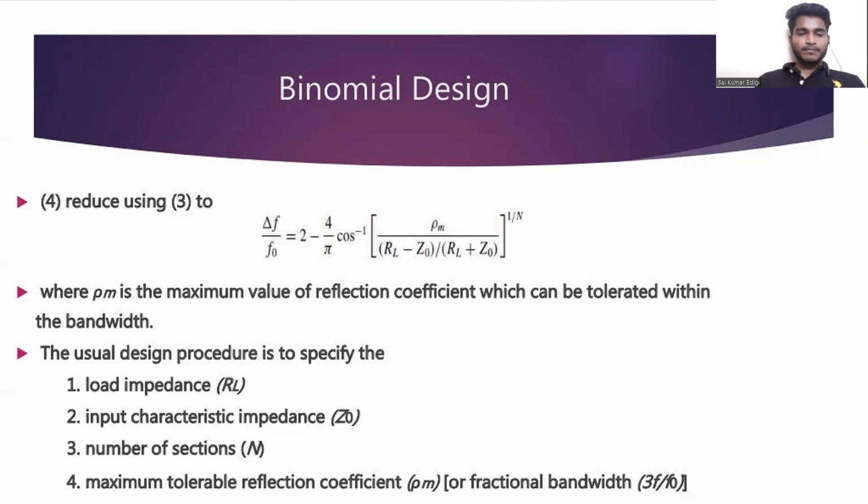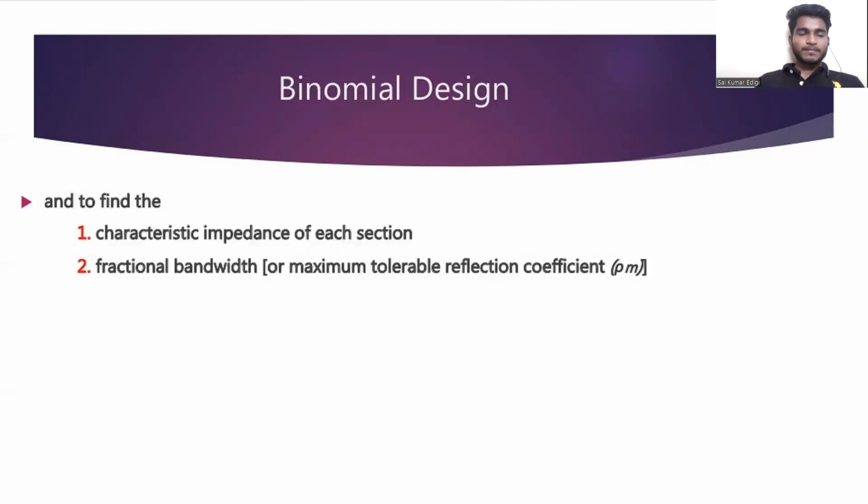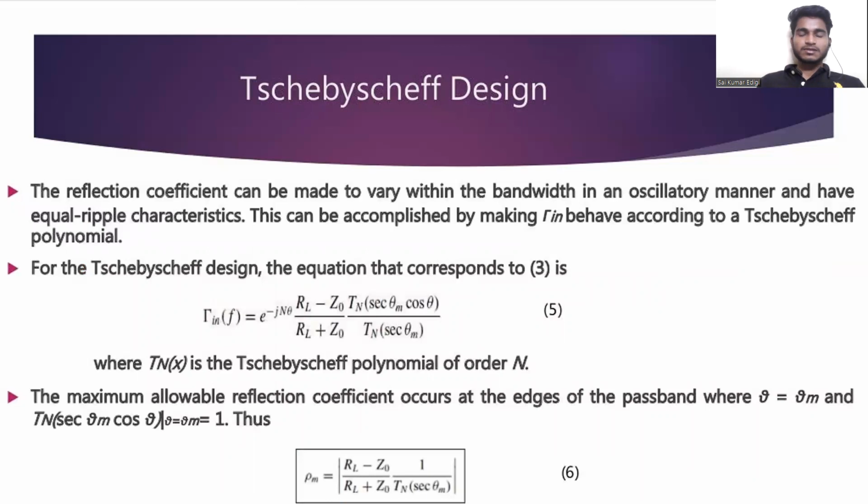The usual design procedure is to specify the load impedance RL and input characteristic impedance Z0, number of sections n, and maximum tolerable reflection coefficient rho m, or the fractional bandwidth delta f by f naught. And to find the characteristic impedance of each section, fractional bandwidth or maximum tolerable reflection coefficient rho m. Step by step design. Now, the reflection coefficient can be made to vary within the bandwidth in an oscillatory manner